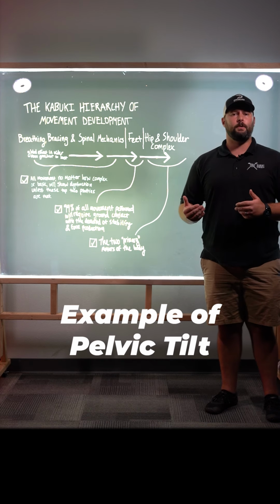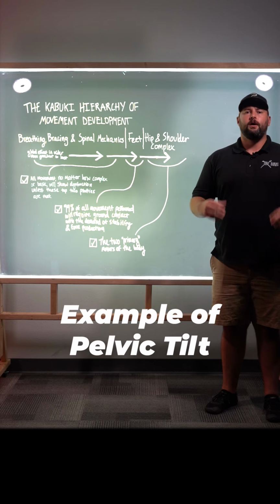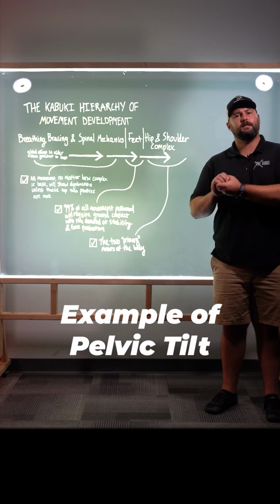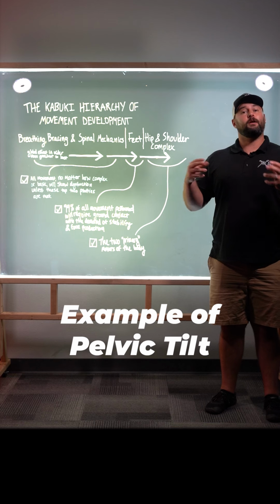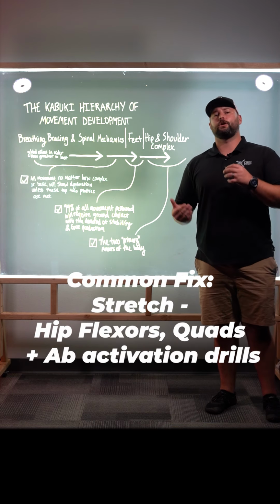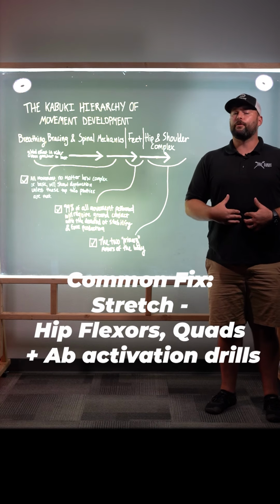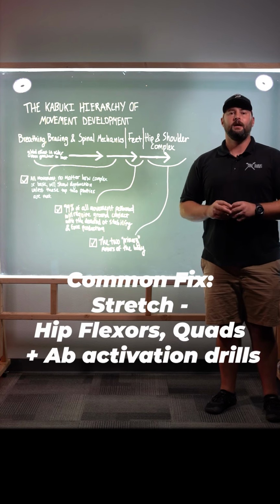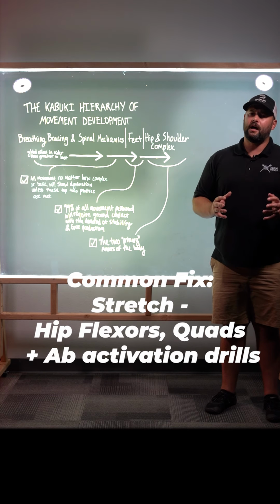And the fix that a lot of people do for that is they go, okay, I know that in this pelvis posture I probably have shortened hip flexors, so my hip flexors are tight and short, my quads are tight and short, and I know that my abs maybe are weak, and maybe my low back is a little tight. So what they typically do is they're going to go in and stretch their hip flexors, stretch their quads, maybe do a little ab activation work, and they think the problem is fixed, but it's really not,